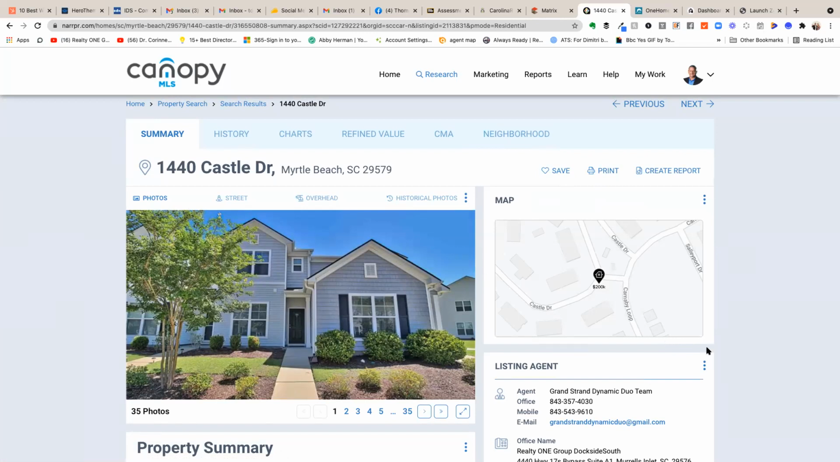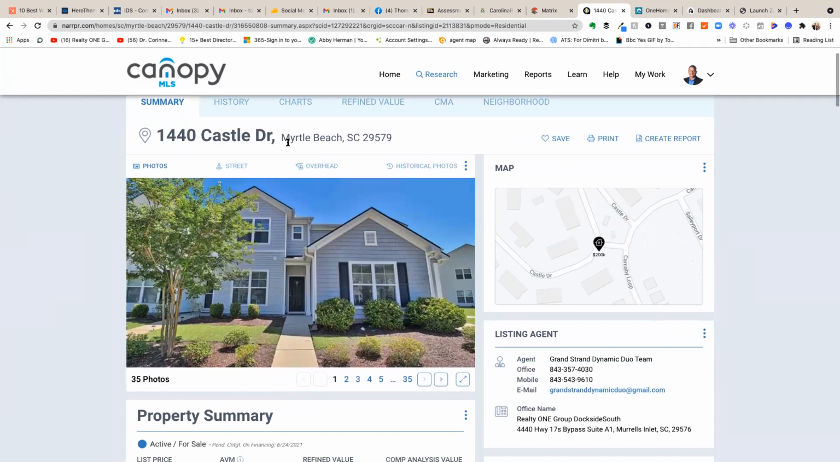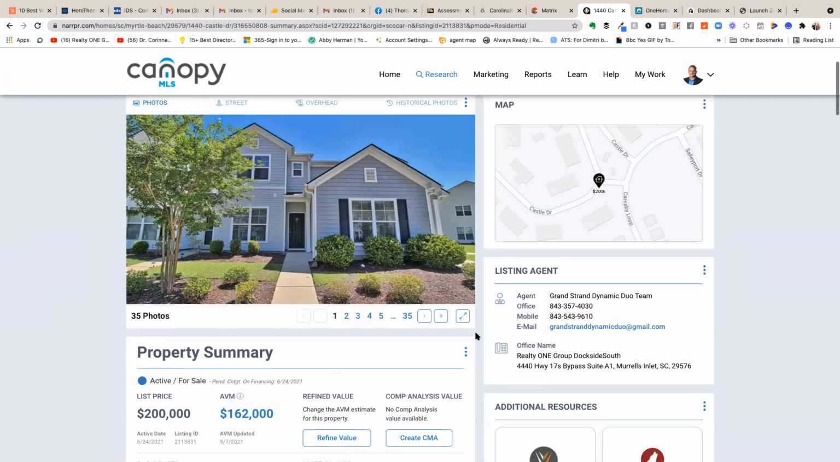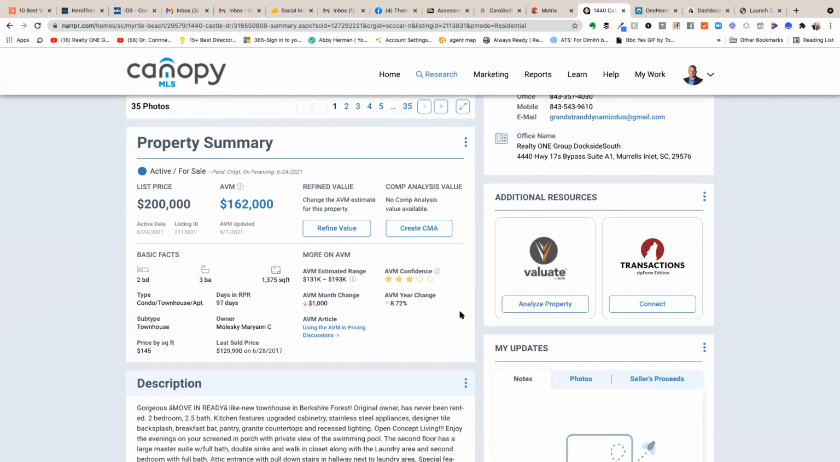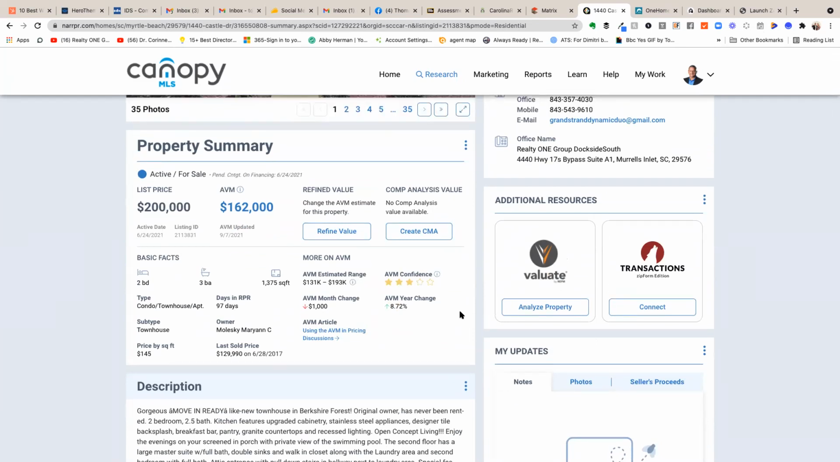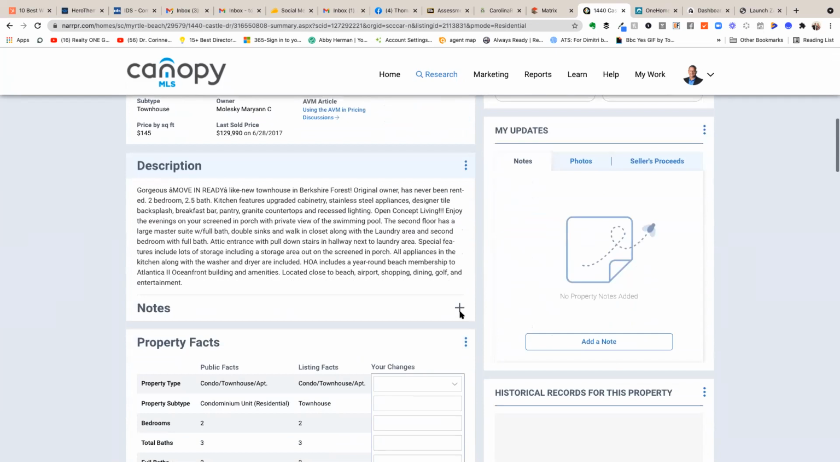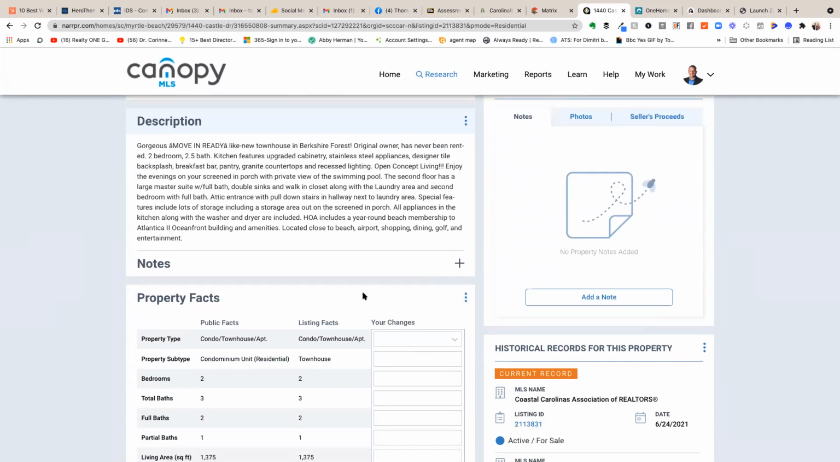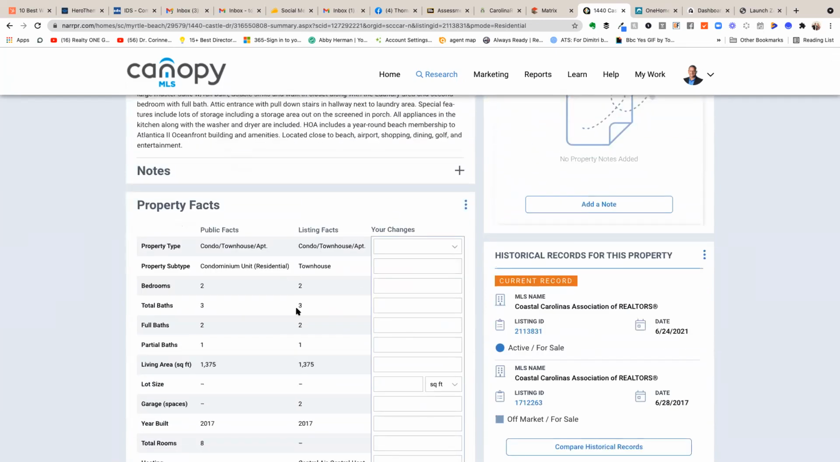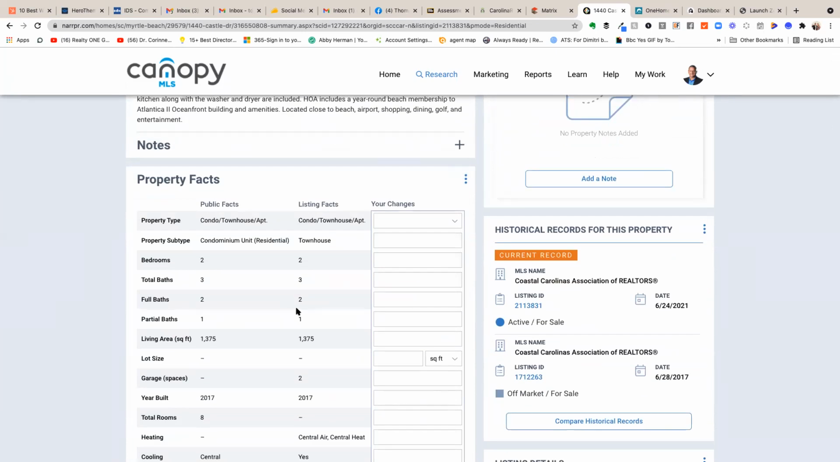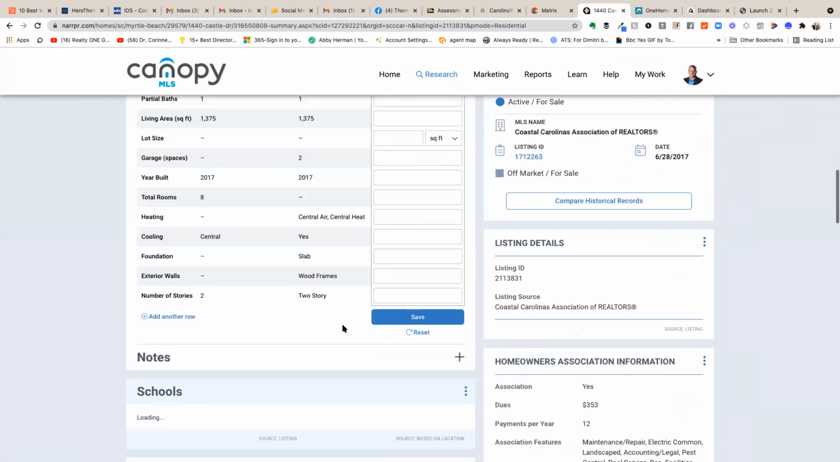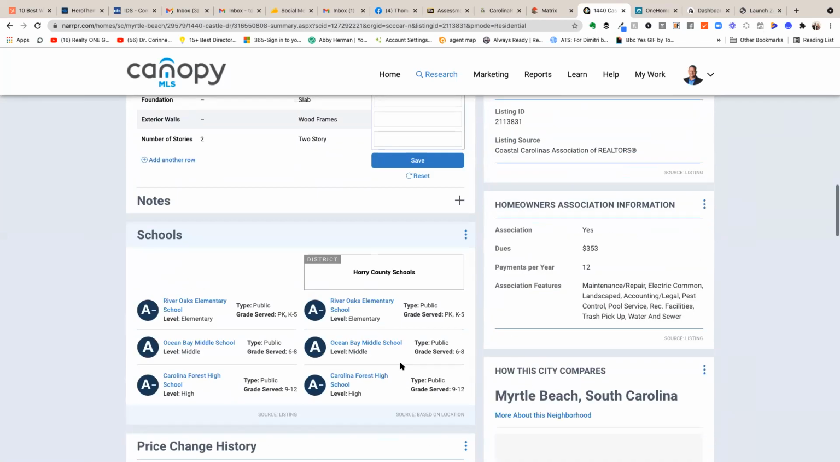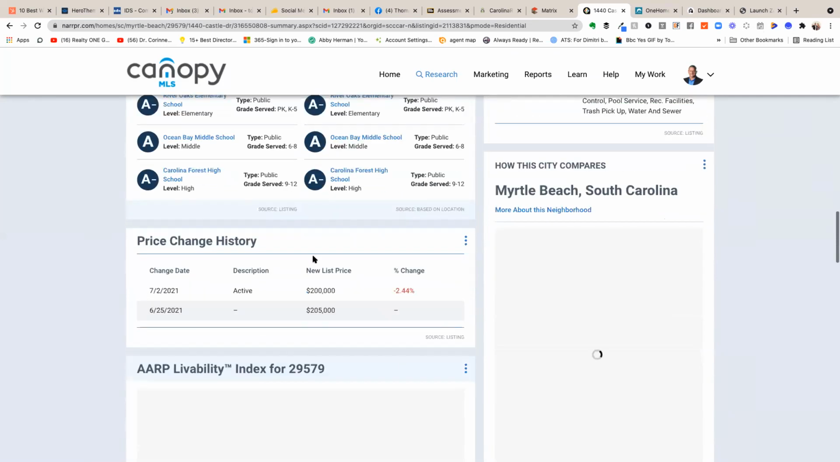Sales pitch there. And I'll show you that in just a second. So here you have the property address, the pictures, and going down the left, the property summary. They pull their information from MLS's, tax records, court records. So you get a lot. Description of the property, property facts. If you have been in a property and you know there are changes or things that need to be added or taken away, you can do it right here. And that's great when you're doing a CMA. It gives you the schools, price change history,